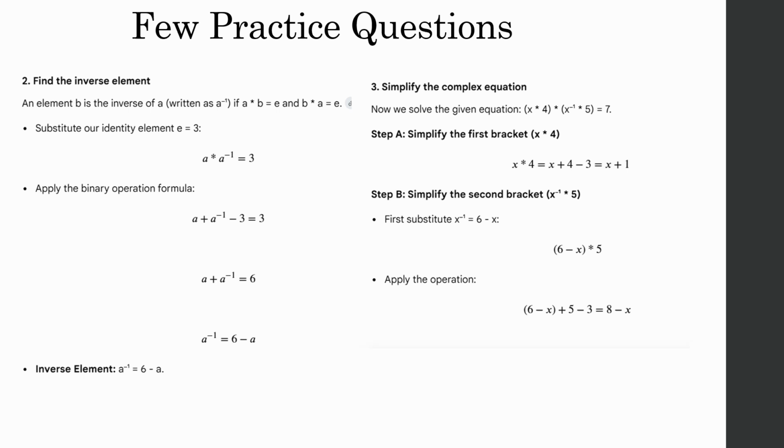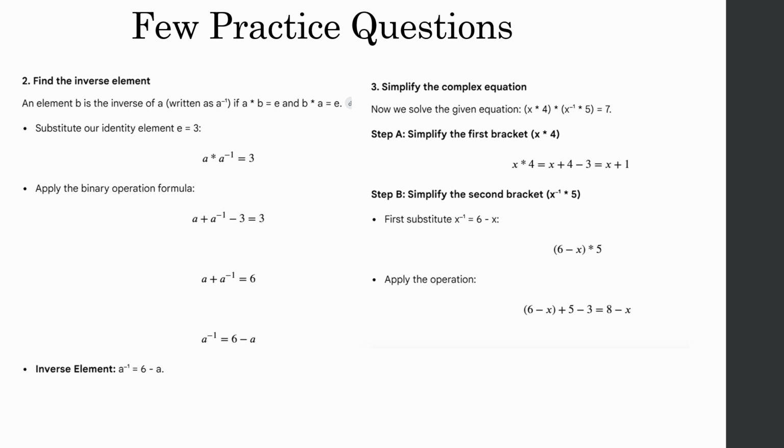Now look at the next problem. Find the inverse element. Element b is inverse of a if a star b equals e, which is the identity element, or b star a equals e. Okay,